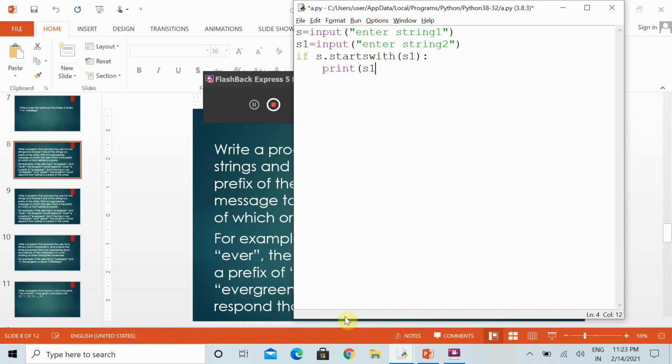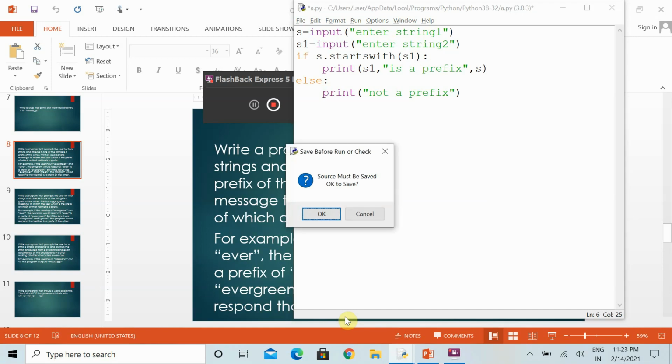S1 is a prefix of the second string, or if it is not, then we can print "not a prefix", or you can specify any other message, that is up to you.